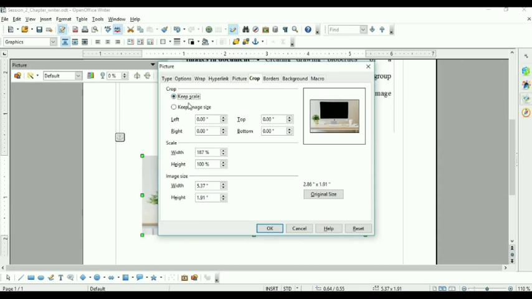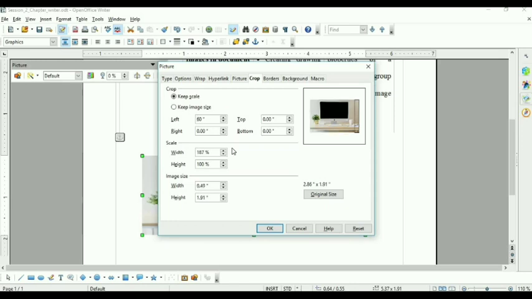Suppose I want to select the first one, Keep scale. Then it requires how many inches you want to cut, either from the left side, right side, top or bottom. So here I want to cut, say, 5 inches from the left side.